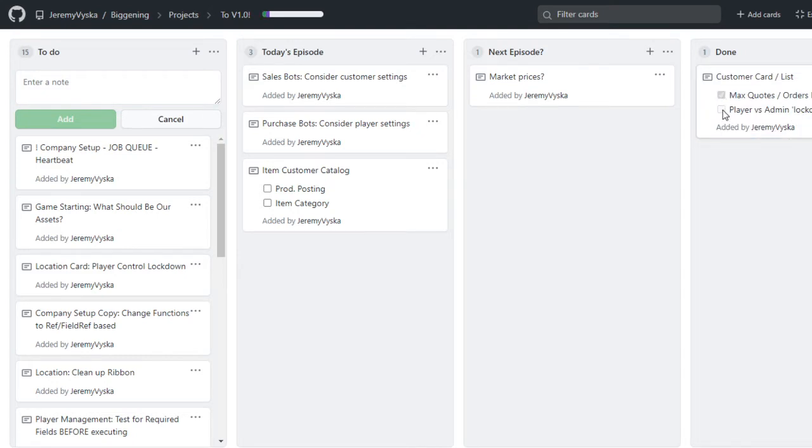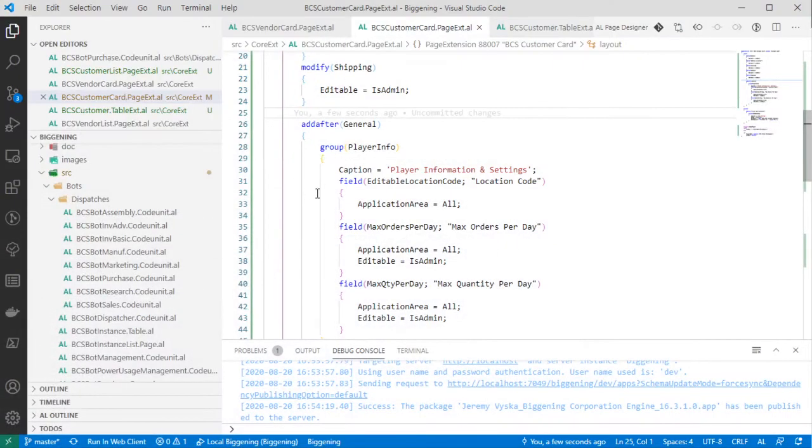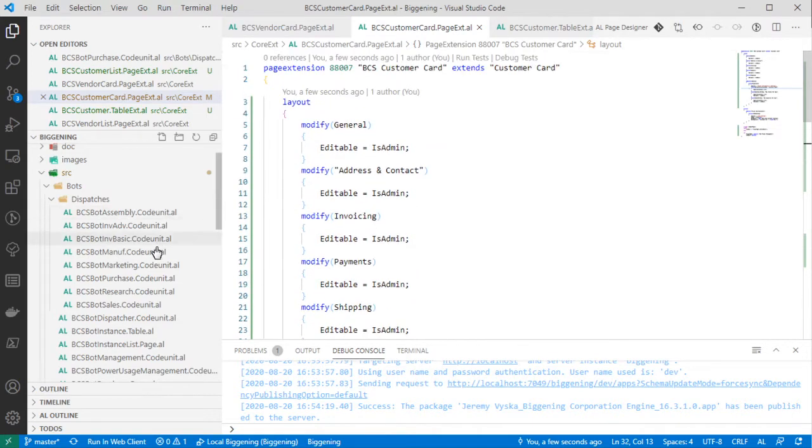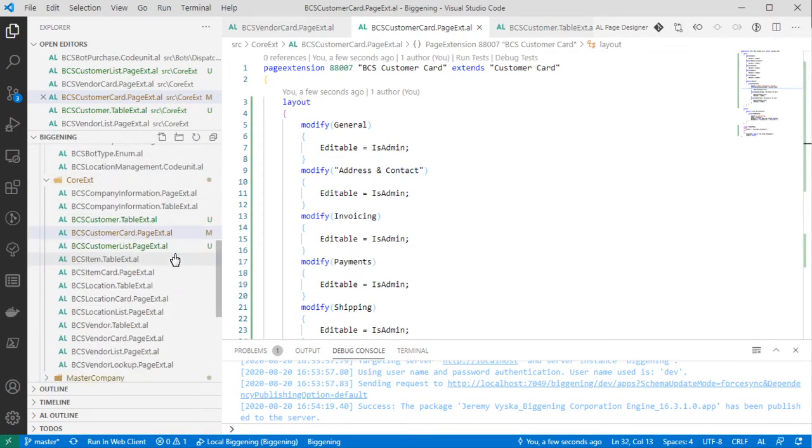Yay! Done. That's very satisfying. I'm going to enjoy doing that more and more as we go through these. Okay, excellent. Now we need to have the customer